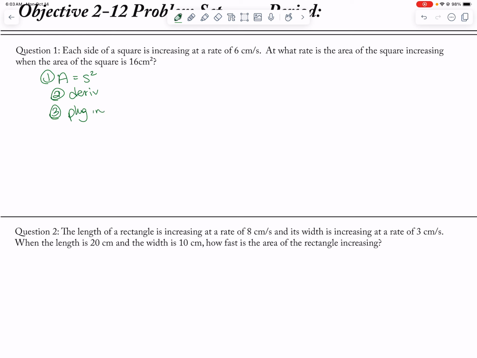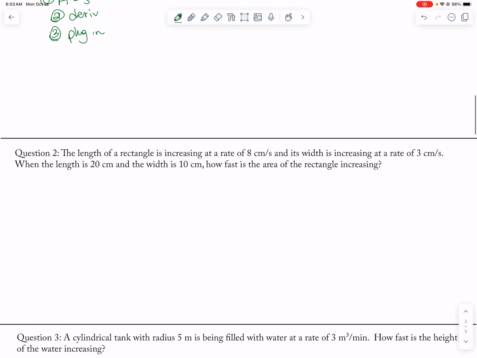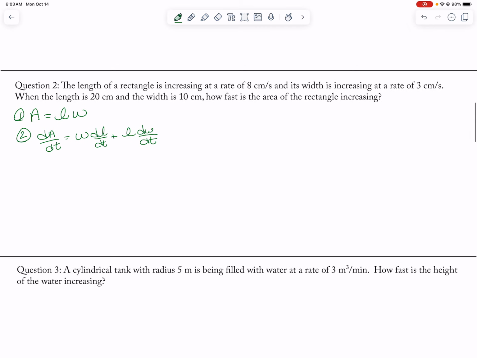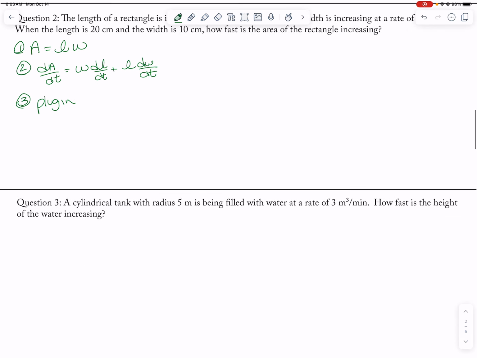So then here, area of a rectangle. So area of a rectangle is length times width. And then remember, what we're doing is we are looking at product rule. So after I take my equation, my dA dt should be width times dL dt plus L dW dt. And then you're plugging in. Here,